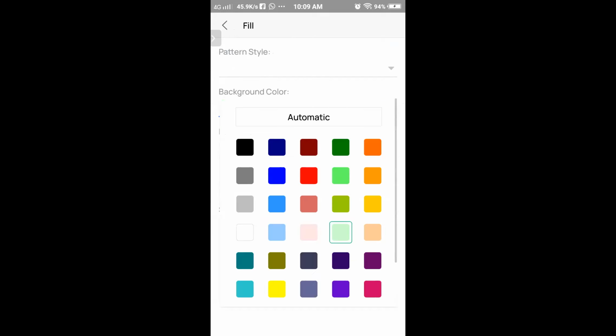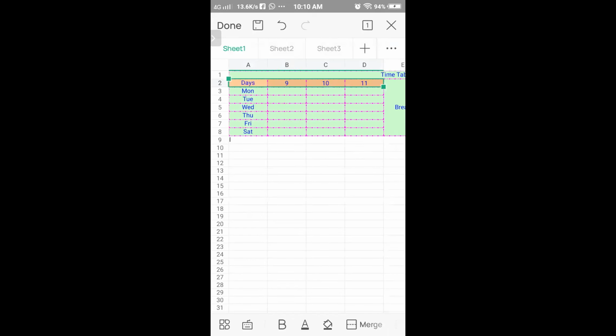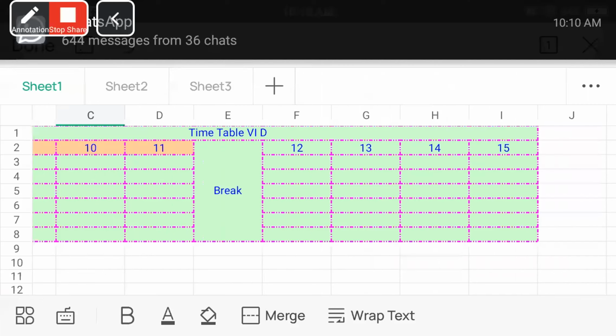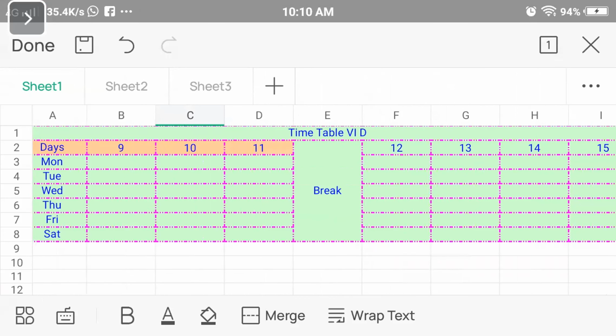And I wanted to give let's say this color. Okay, now the color is changed. So like this you can select one by one each cell or the group of cells, and then you can give different colors to those cells. This is how you can create a timetable in using phone. I hope it is clear to everyone.